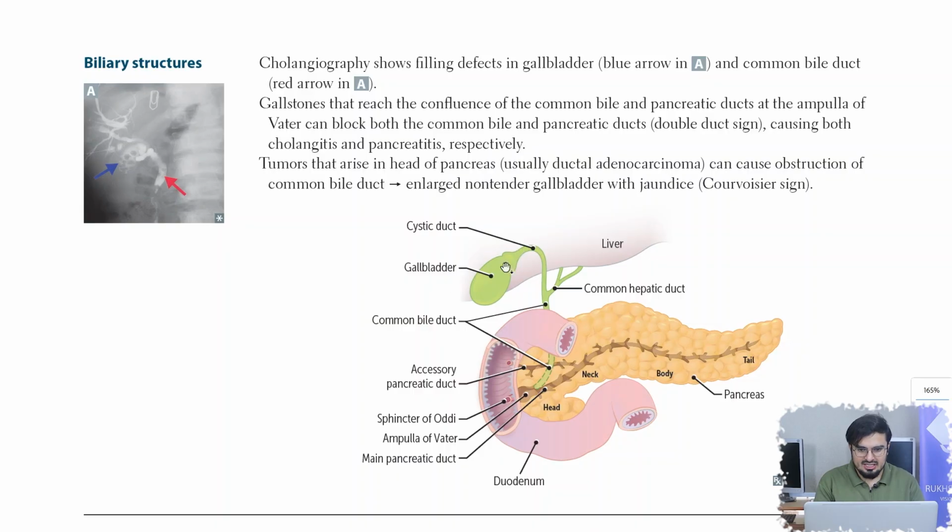Here you can see this is the gallbladder, this is the neck of gallbladder. From there originates a cystic duct. Cystic duct further combines with the common hepatic duct, and both of them join together to form the common bile duct that makes its way to the second part of the duodenum after joining with the main pancreatic duct. Here you can see an enlargement known as ampulla of Vater that opens around sphincter of Oddi in the second